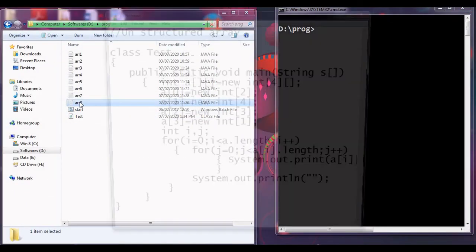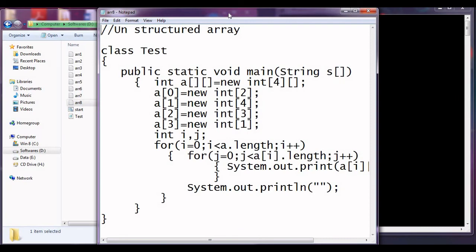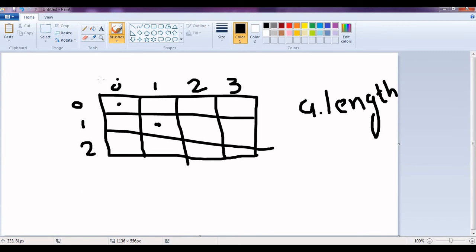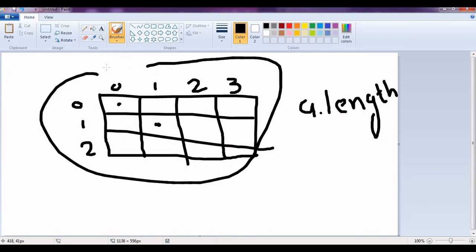Now the very important program, the unstructured array. This array is known as a structured array.